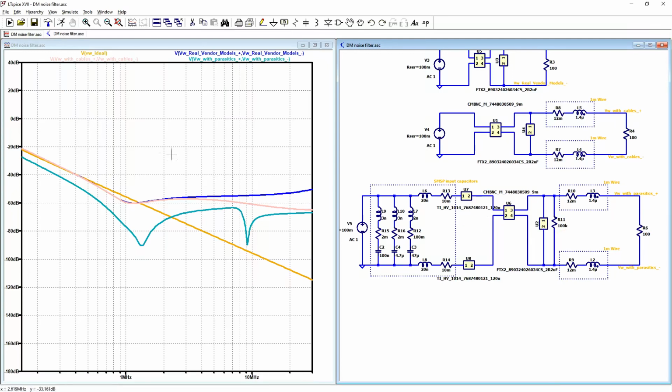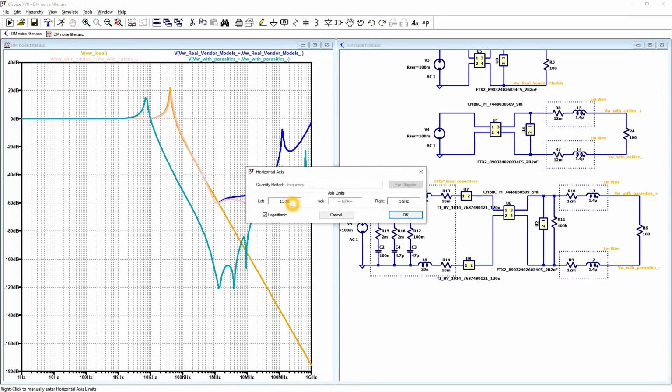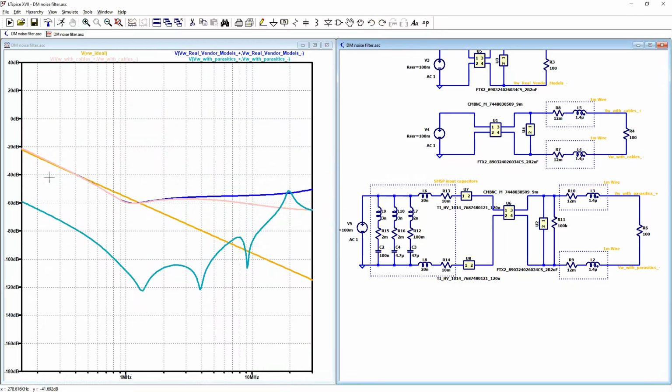So let's see our result now with the inductance added in the conducted emission bandwidth. We can see that our attenuation increased about 30 dB. 30 dB at 150 kilohertz. That is a lot. And then we have more attenuation also at 1 MHz. Next, let's see our final filter